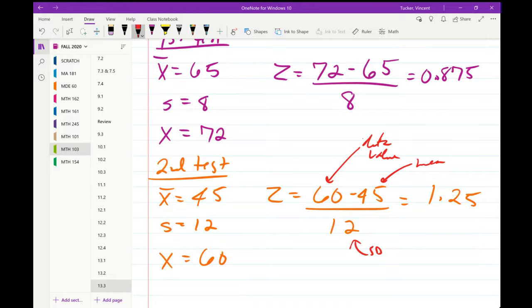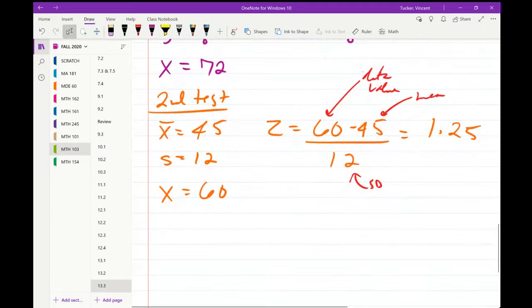Questions before we come to our conclusion? So looking at what he did on the first test,